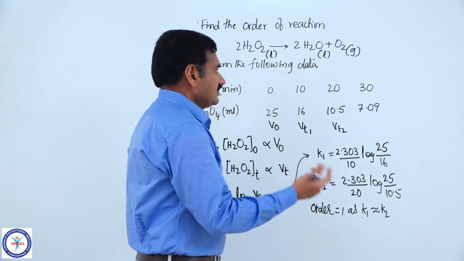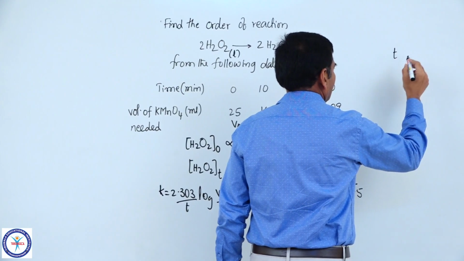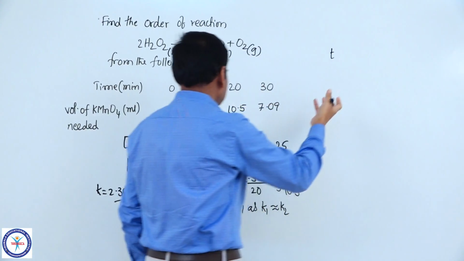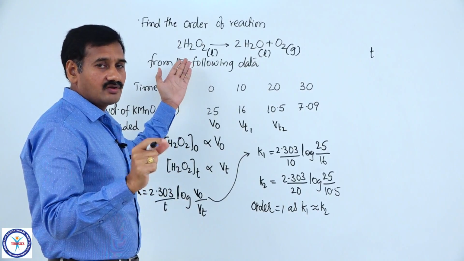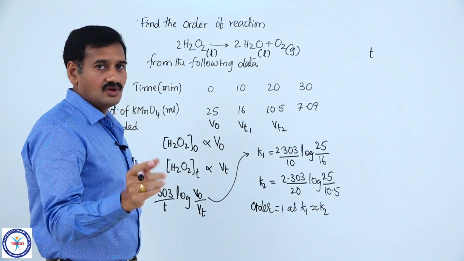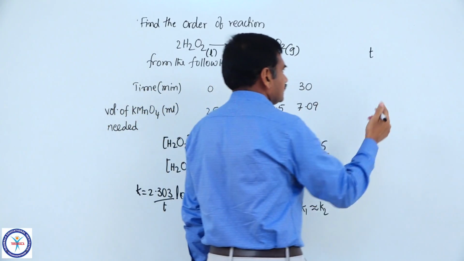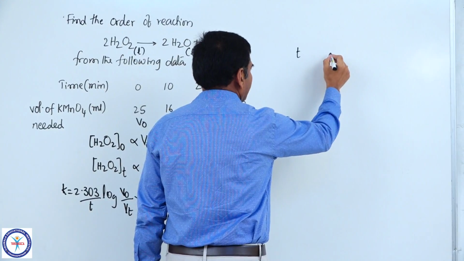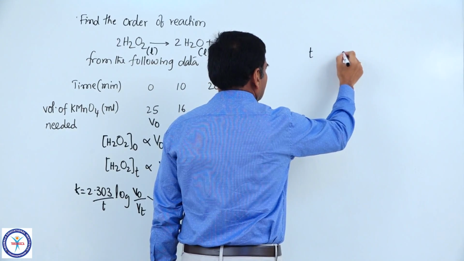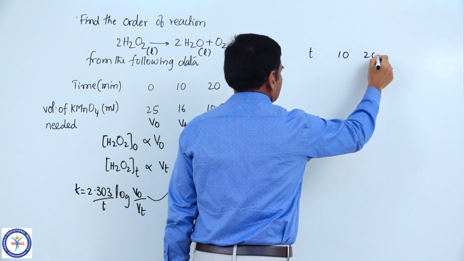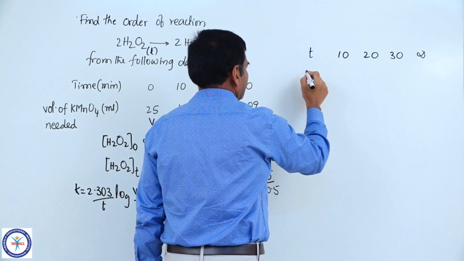Another piece of information will be given to you as time t equal to 0. At 0 time, is there any oxygen produced? Just hydrogen peroxide when taken in the conical flask, no oxygen is present. So, at time t equal to 0, no oxygen. So, 0 time will not be given to you. The times given will be 10 minutes, 20 minutes, 30 minutes, and infinity. Corresponding